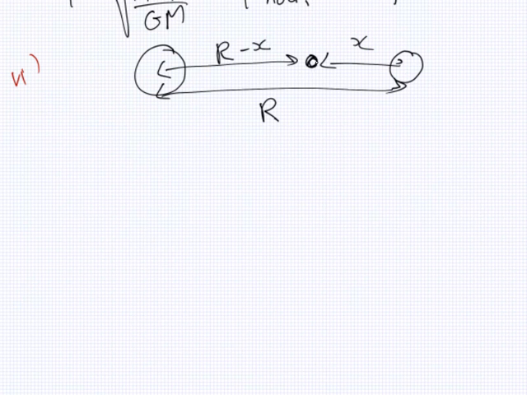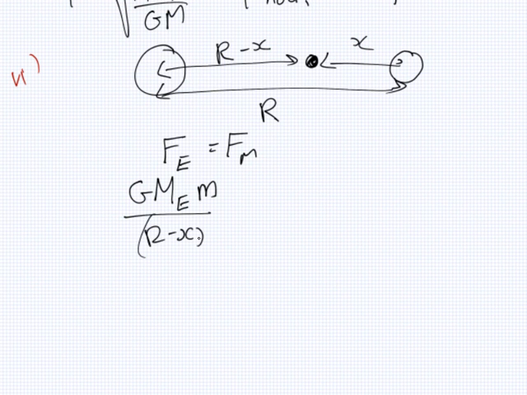The force from the Earth should equal the force from the moon. So that's G mass of the Earth, mass of the rocket, over R minus x squared, equals G mass of the moon,